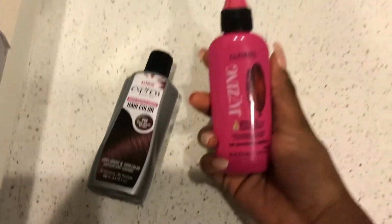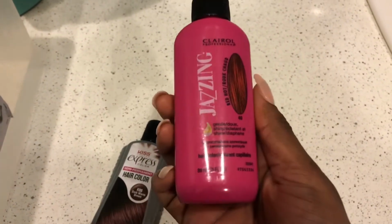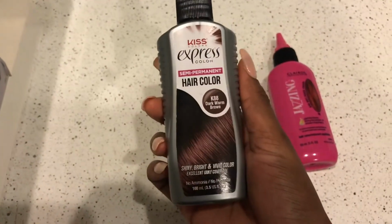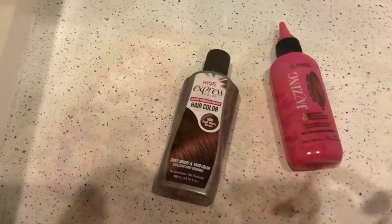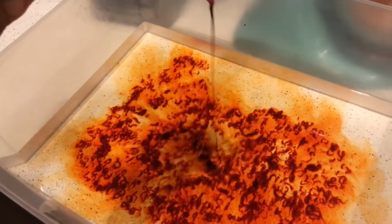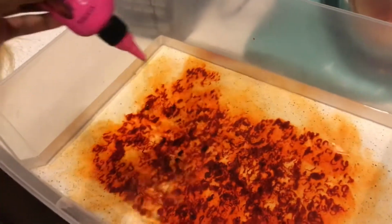Okay, so these are the dyes that I will be using today. This is Clairol, or Clairol, I think that's how you pronounce it. And I'm using Kiss Express. The Kiss is in like a dark brown and the Clairol is in a burnt orange reddish color. And as you can see, I already started pouring the color in the water. And I used the red first. I'm gonna be mixing both of the colors together,